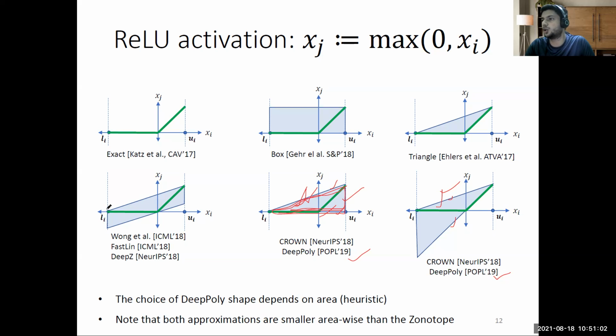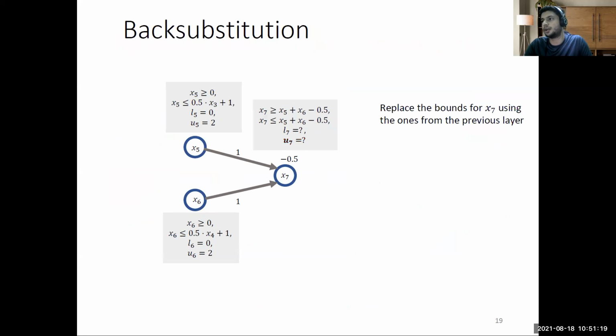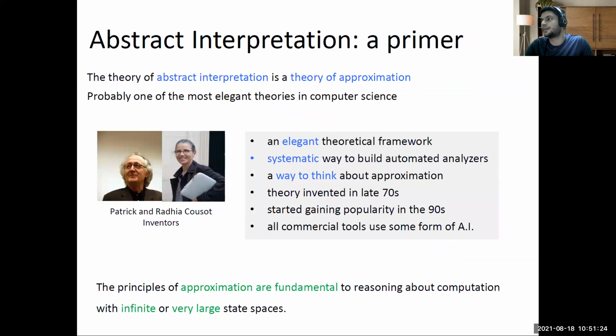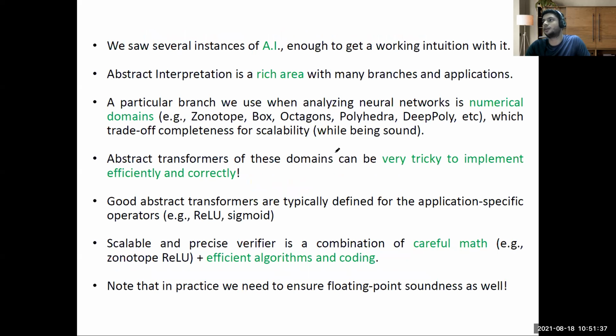Also, in case of Zonotope, we looked at two ReLU transformations that we can do. So there was no single best. That's why Zonotope and deep poly don't have an optimal transformer for ReLU, but they have it for the affine. For Box, everything is optimal because we just have one option, but then they are not exact. These terms are kind of confusing because we always use them interchangeably, optimal and exactness, but they are not the same in this context. So I think that's it from my end.